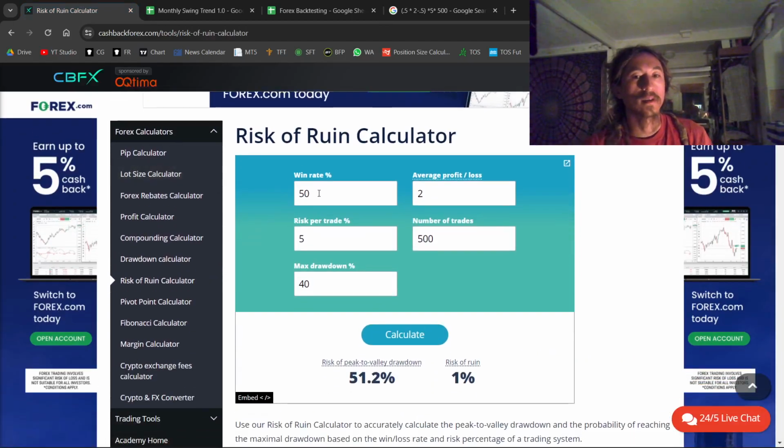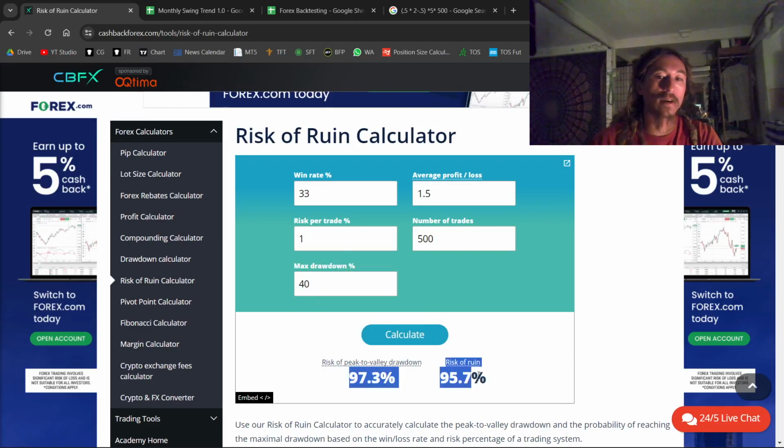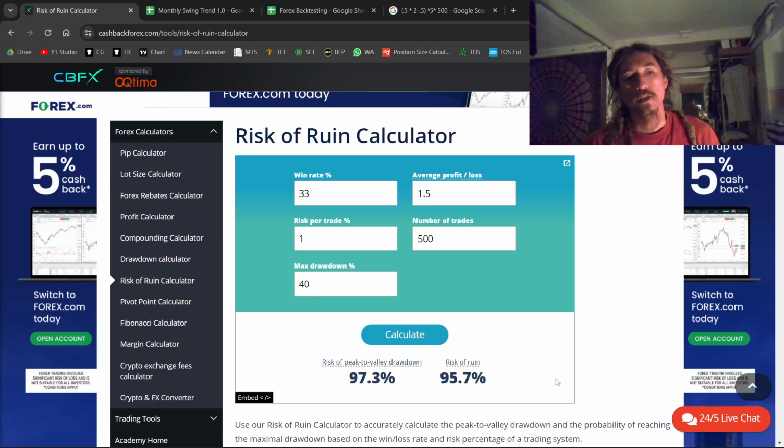So you need to know your stats though. Say you have a 33% win rate and a 1.5 RR, you're just going to go to zero, no matter what happens. You're going to go straight down. So you need to know your stats. You need to know your edge. But if you know your stats and you know your edge and you have an edge, you're mathematically potentially safe to risk a lot. Potentially a lot.